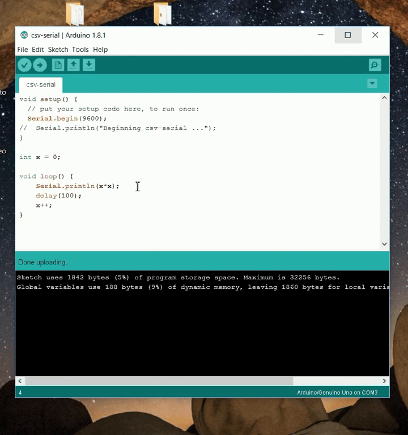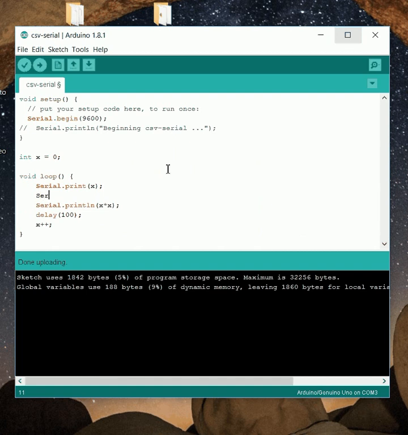So what would be a better way? Well, one better way would be to just capture the data to a CSV file. Now, oftentimes I would rather plot the data as XY pairs. So if I wanted to do that, I would have a serial dot print here, and I would print X, and then